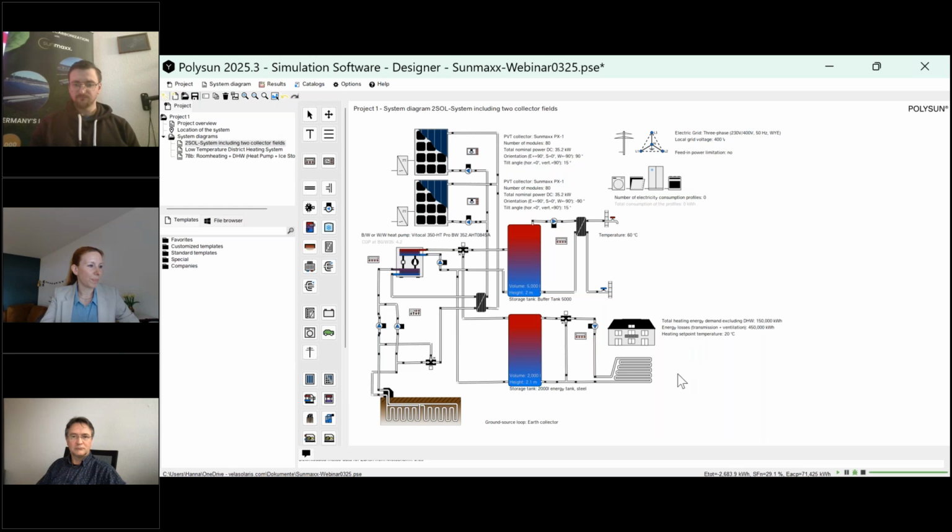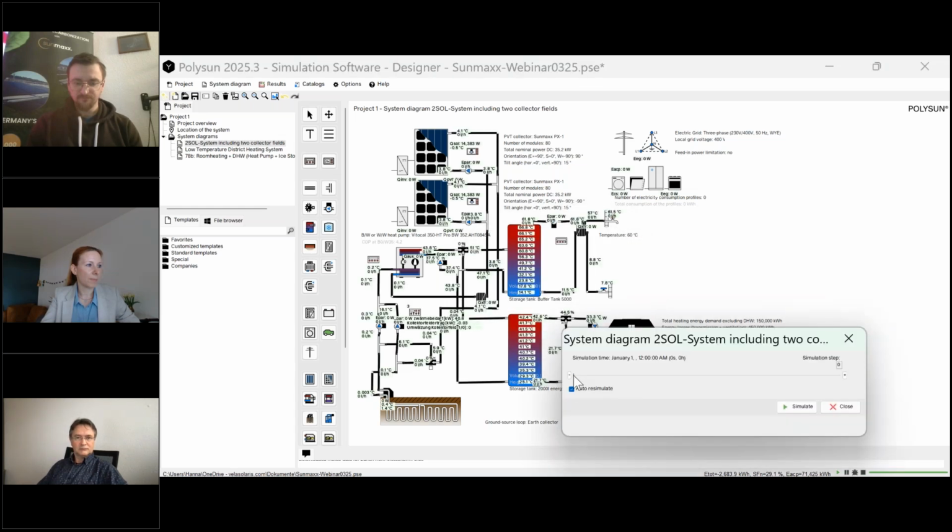Okay, so let's have a look at how this system behaves. Polysun has a lot of results, basically. We have annual results, we have monthly or hourly results, but the very nice thing in getting to know technologies like PVT modules is that you can also use this simulation analysis that I'm showing right now to really scroll through your system through the entire year and find out how the system reacts.